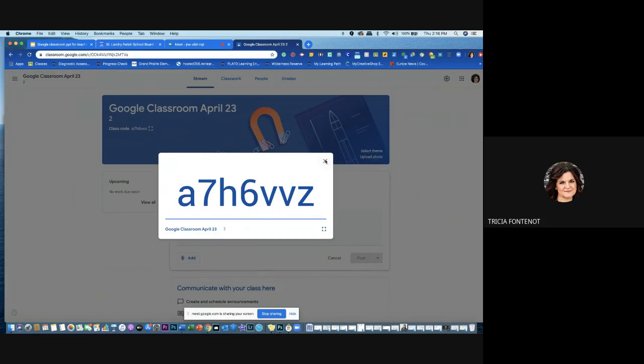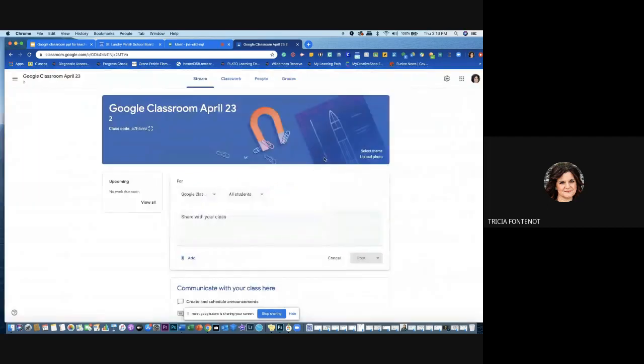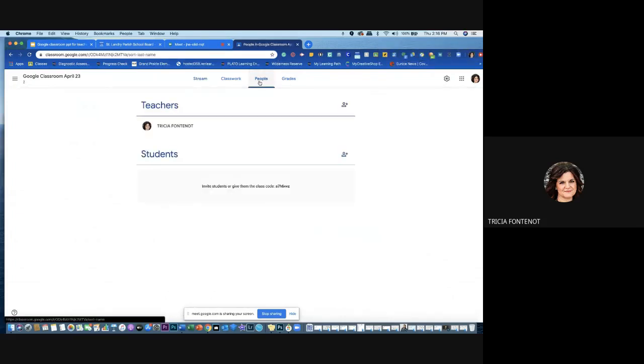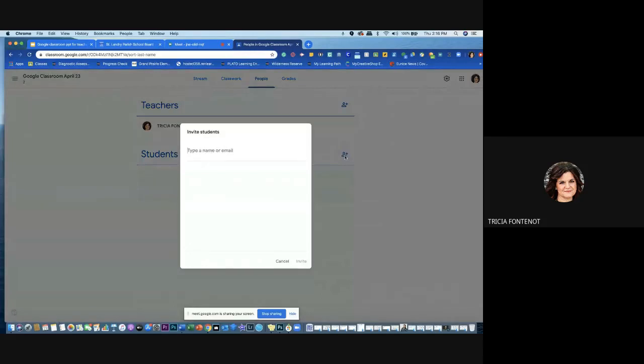So let me go ahead and X out of that. So that's one way to have students join your class. The other way is to click, remember I talked about this constant right here, click on over to the People tab. Once you're in the People tab, you see that I am the teacher, and here's how you invite students. So let's say I want to invite a student to my class. The great thing about Classroom is that it is fully integrated with our student and staff directory. So our email directory is integrated right within Google Classroom. So if I start typing a student's name,